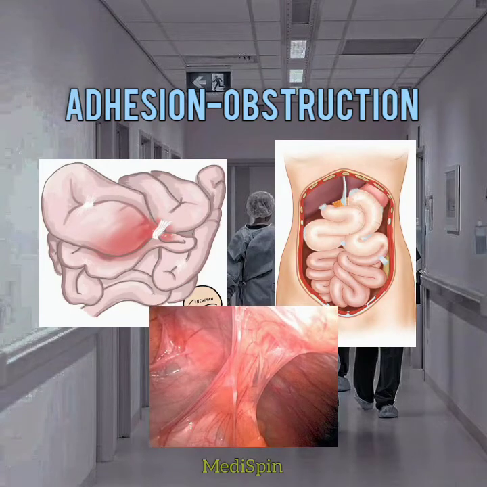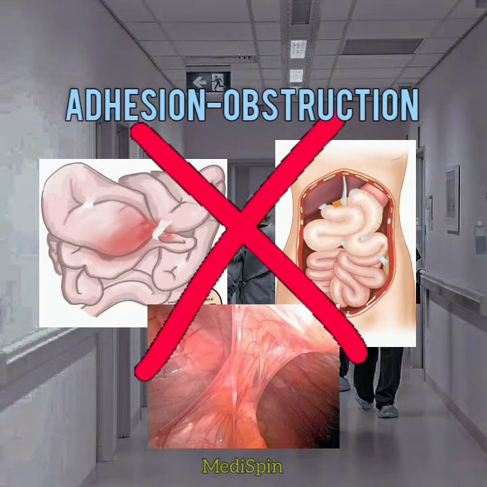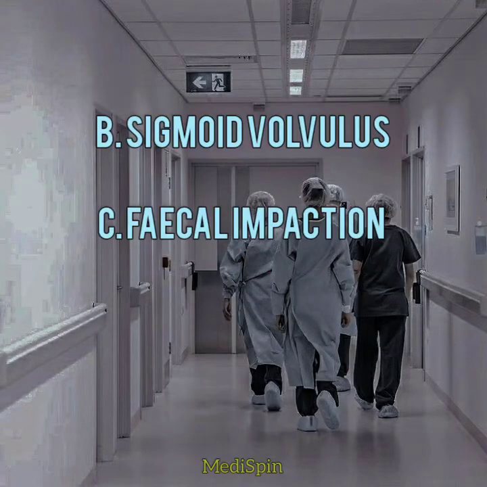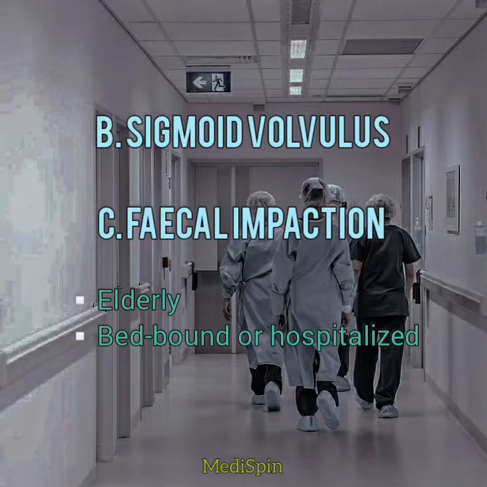So again, E, adhesion obstruction, is out of the box. It's definitely not the answer. So now it is either B, sigmoid volvulus, or C, fecal impaction, and it can honestly be either of the two, because both happen in elderly people who are especially bedbound, and this patient is bedbound in a nursing home,